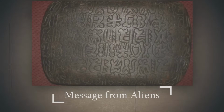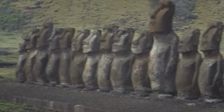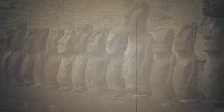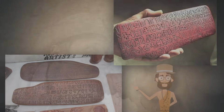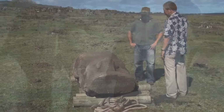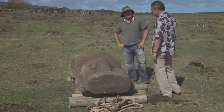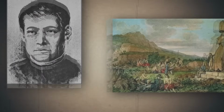Message from aliens. Easter Island, lost in the South Pacific Ocean, became famous for its giant stone statues, moai, and mysterious tablets with rongorongo writing. These ancient tablets, covered with strange hieroglyphs, still remain one of the greatest archaeological mysteries. Scientists believe that rongorongo is the writing of the Rapa Nui civilization, which flourished on the island until the 18th century. The story of their discovery begins in 1864 when the French missionary Eugene Ayraud first noticed wooden tablets covered